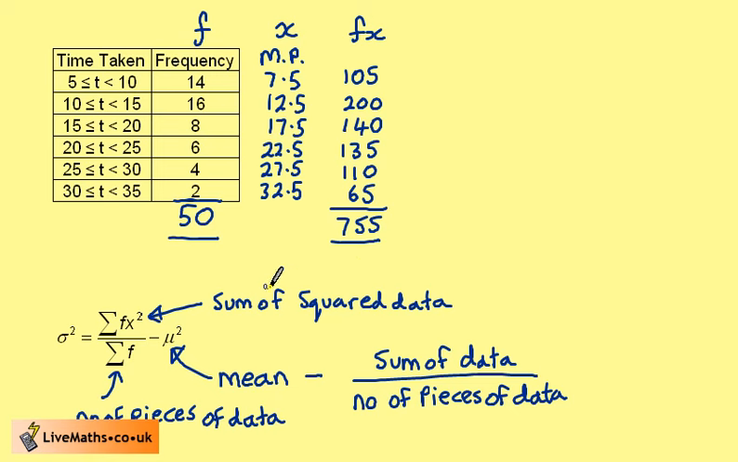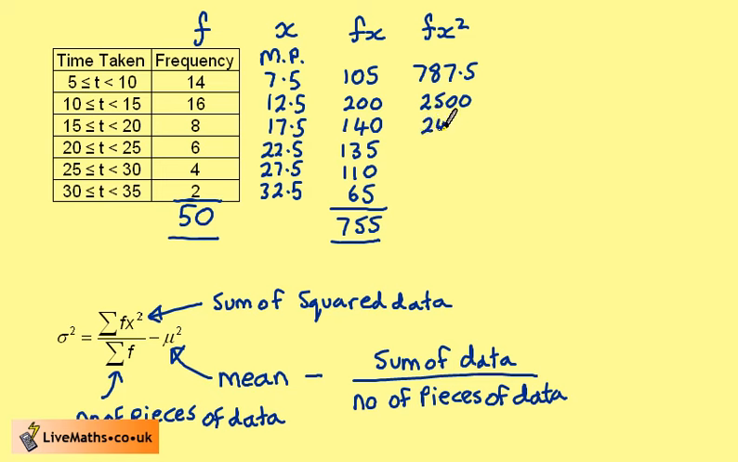Finally, we need the sum of squared data, sigma fx squared in the formula. So we need a column which says fx squared. The easiest way to calculate this is to do x times fx. 7.5 times 105, 12.5 times 200,